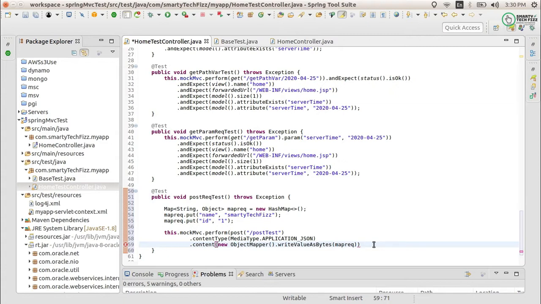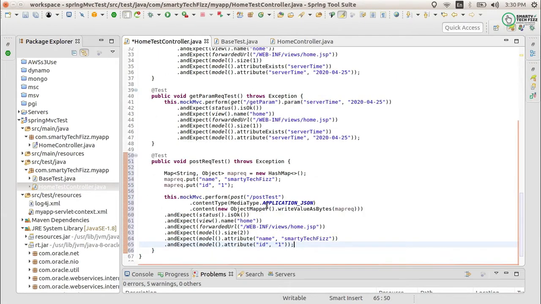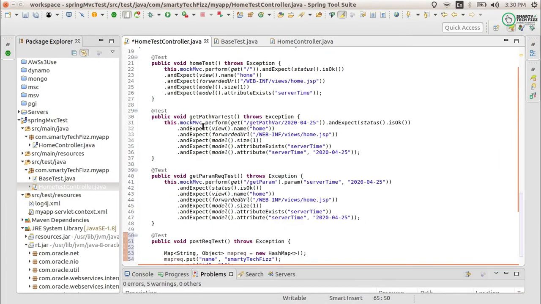After posting the request, we will be expecting some result from it. What type of result you are expecting, you can define here. What I'm expecting after posting this request is that the status is okay, as I performed in the previous test method as well.